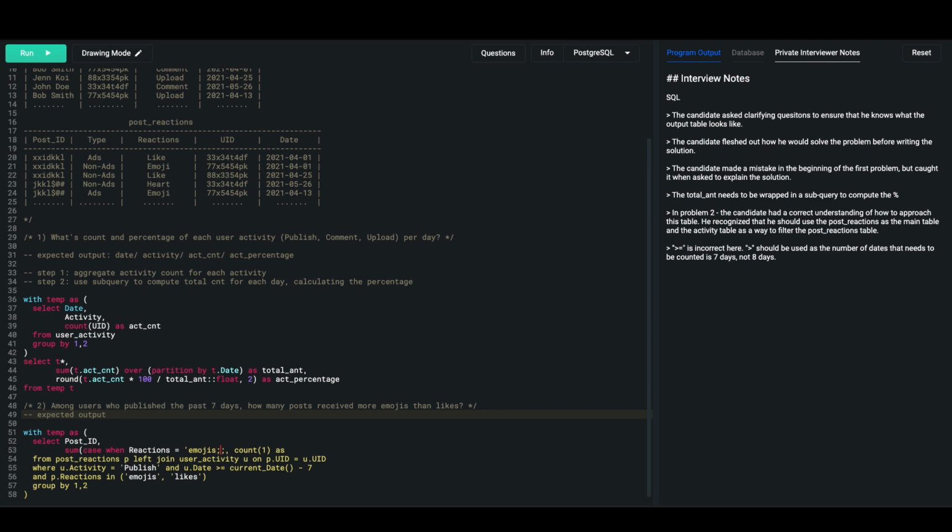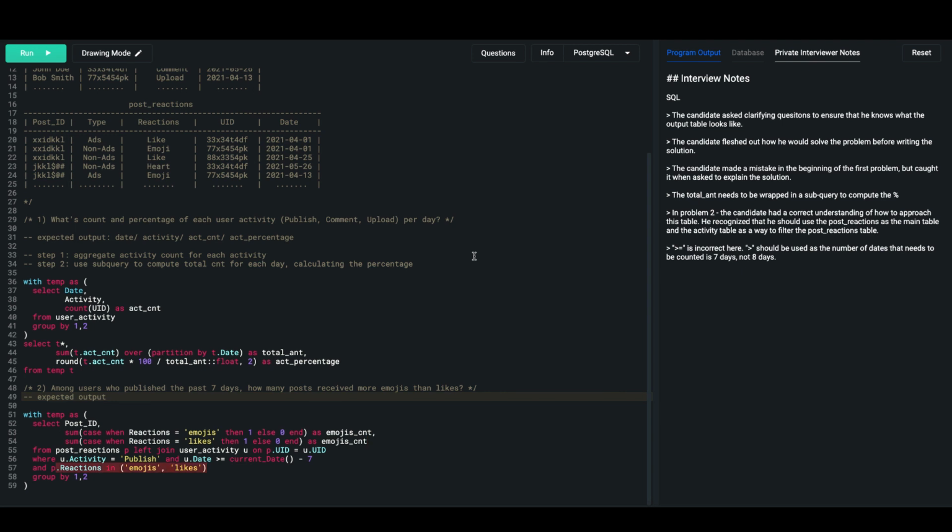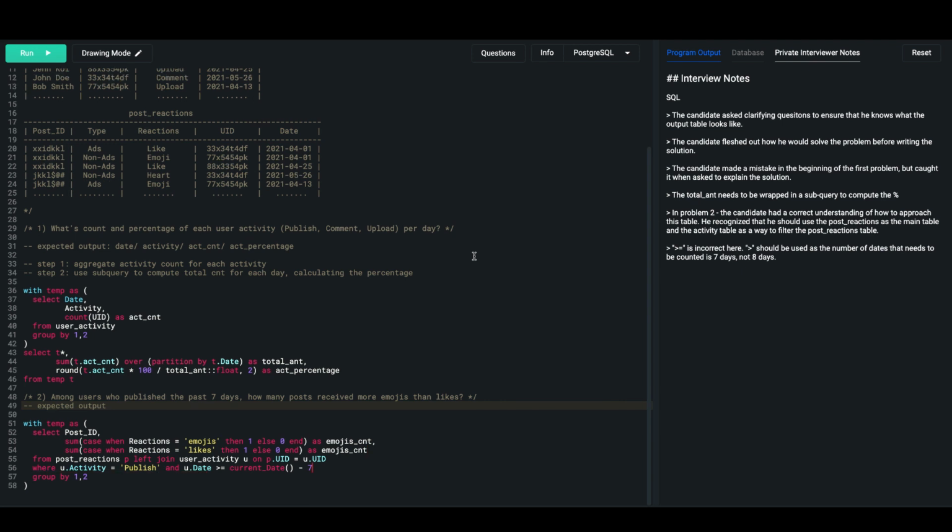So reaction, basically just give me the number of the emotion: square and reaction equal to emoji, then 1, else 0, and this will be just a count. And do the same thing for like. Okay. Yeah. So basically for each, that's how. So yeah, we don't necessarily need this line, but